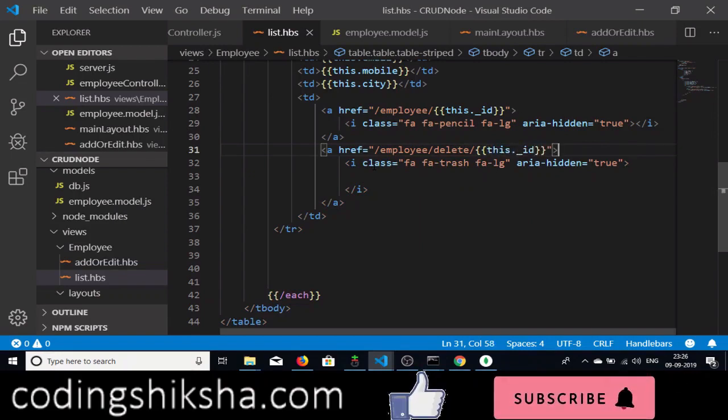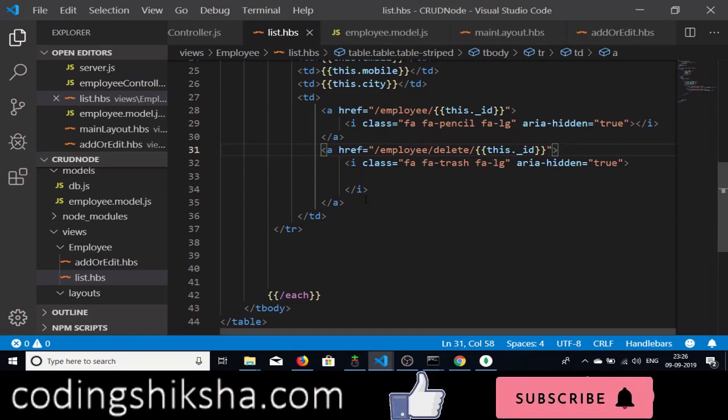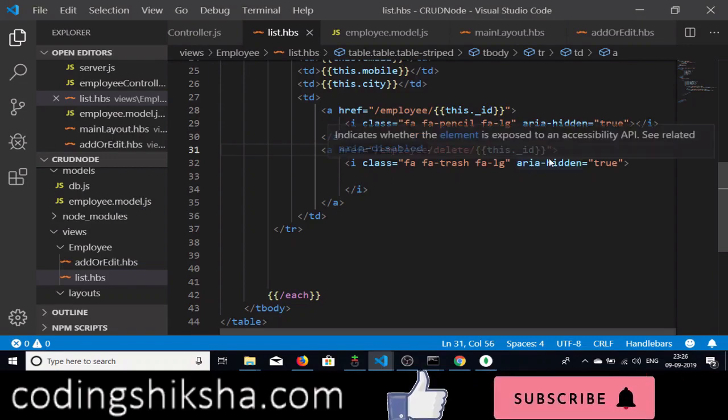So we will be deleting the records by the actual ID number that is attached to it in the database. You can see that. And as this is a delete operation, we also want to allow users a second chance. We will be prompting users to confirm that they want to delete the record